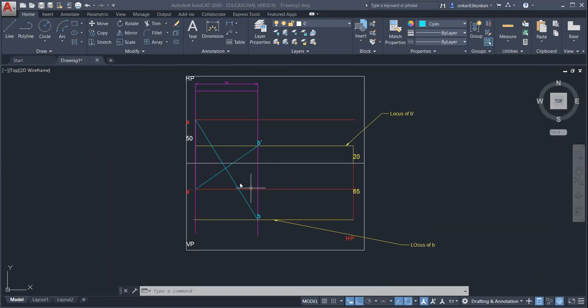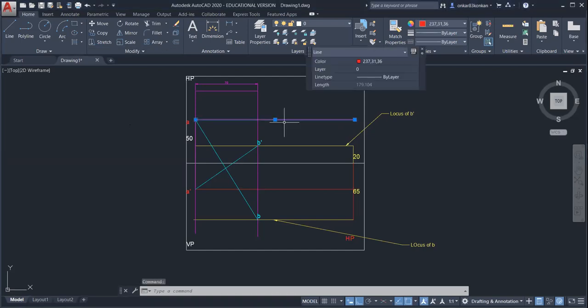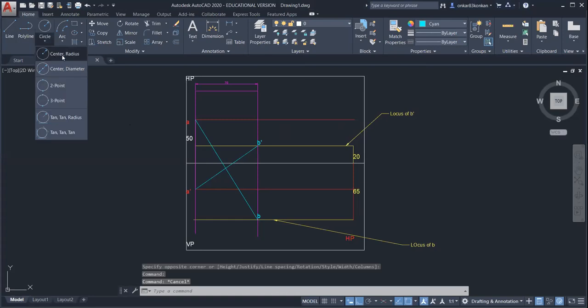So first we will find out the plan length and the elevation length. Okay. So we know that plan length is equal to AB. So you can use the compass and draw the arc from point B on the line passing from the A. Okay. So on this line. So take this as a center and radius equal to AB.